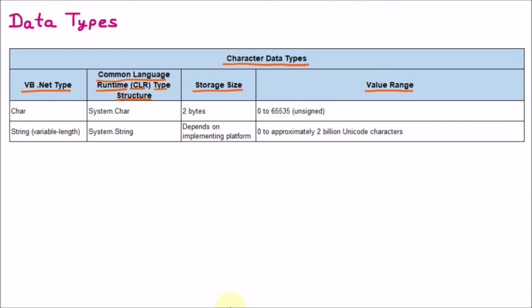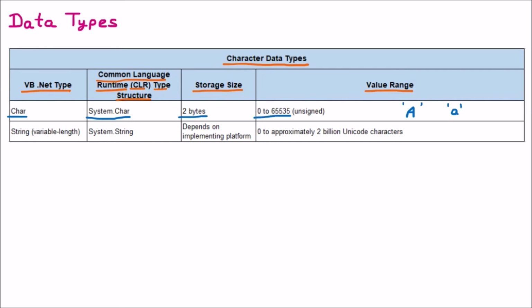First of all, we are learning the first type, and that is Char. Char is stored in the system as System.Char. This character is 2 bytes. Whenever we talk about a character, we should know that if I have, let's say, a capital A in single quotes, or a small a, small b, any letter, these are called characters. A single alphabet is called a character. 2 bytes means 16 bits, and the range will be 0 to 65535.